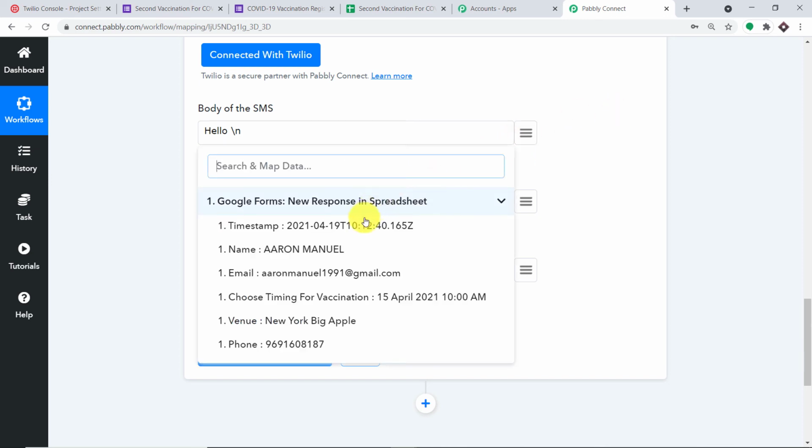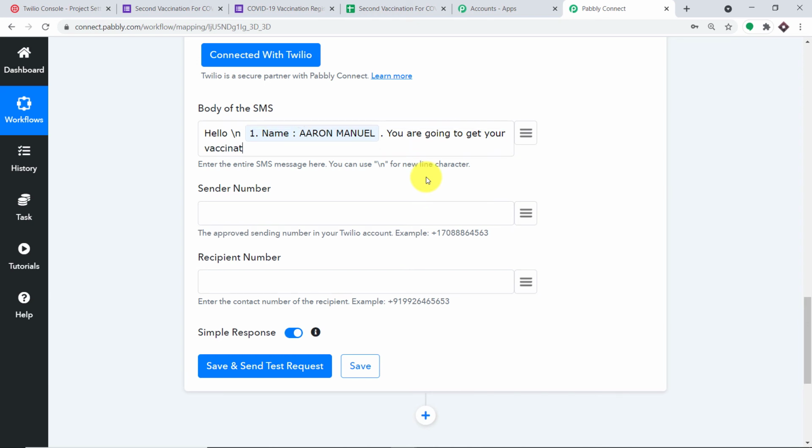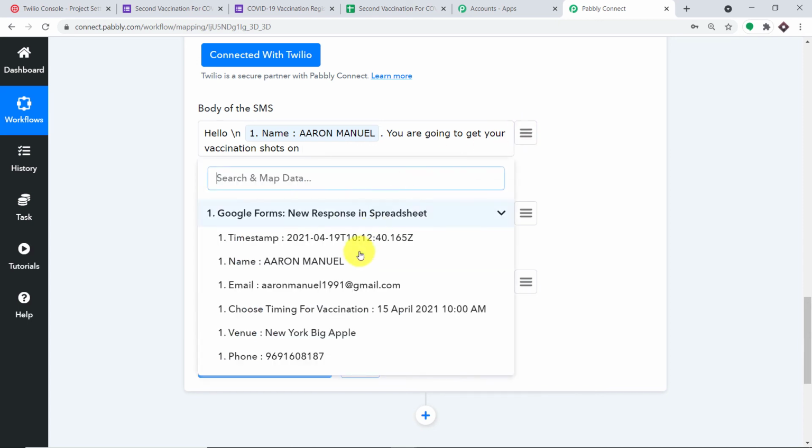/n it is, and we are going to map in the name. So this is the name. We have mapped it. Hello, Aaron Manuel, you are going to get your vaccination shots on. So let's enter the time.